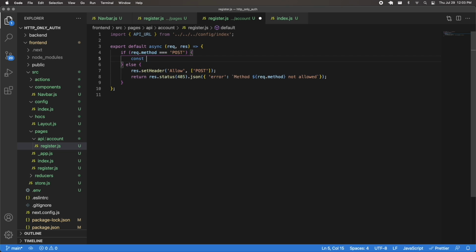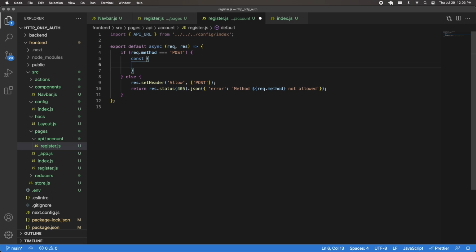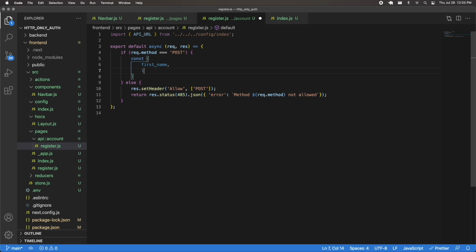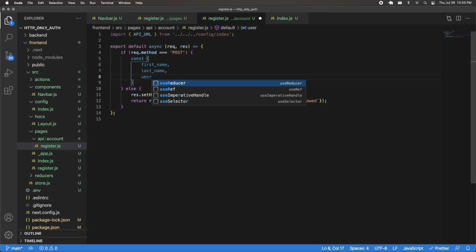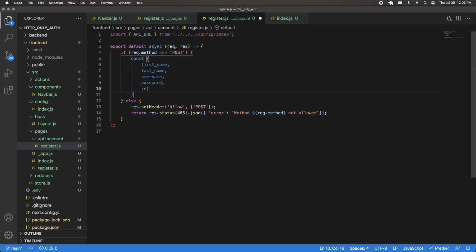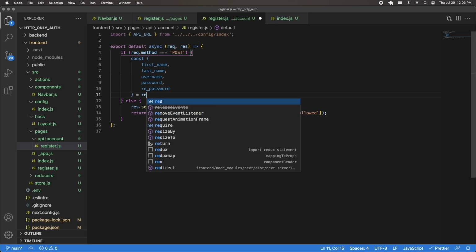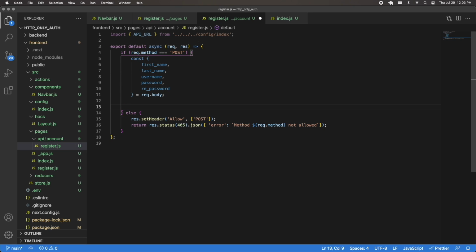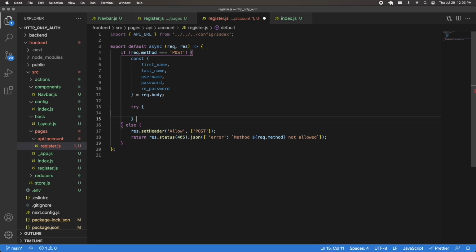So I'm going to have const. So I'm going to destructure from the request.body all those different values: the first name, last name, username, password, and repassword. I'm actually going to do this on separate lines. So first name, last name, username, password, and repassword. This is all going to come from request.body. And then I'm going to have a try catch,